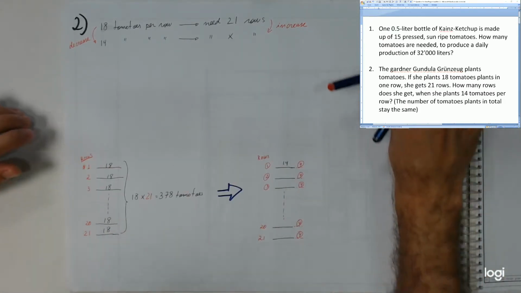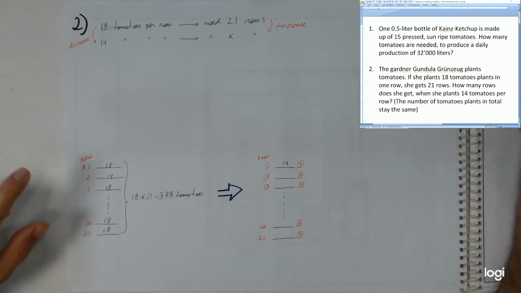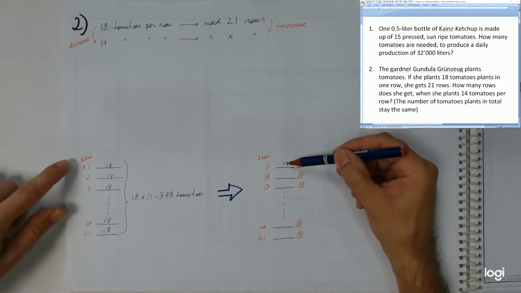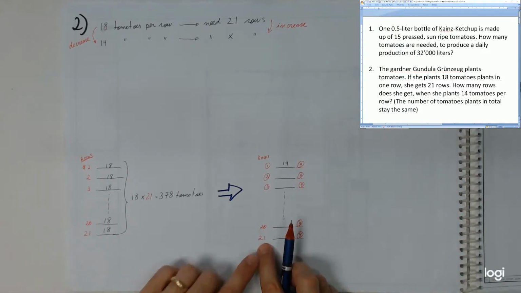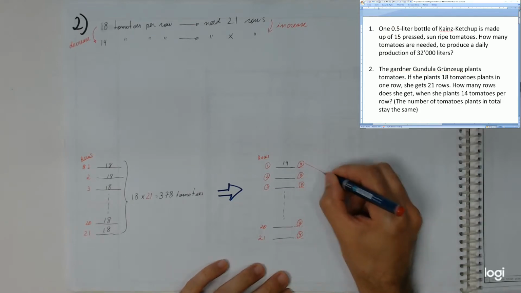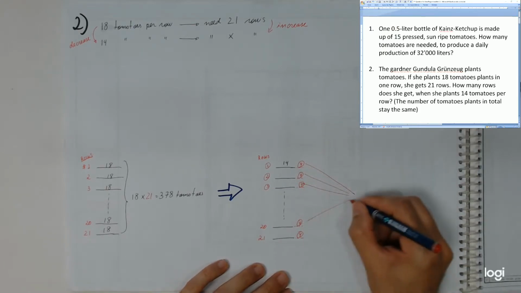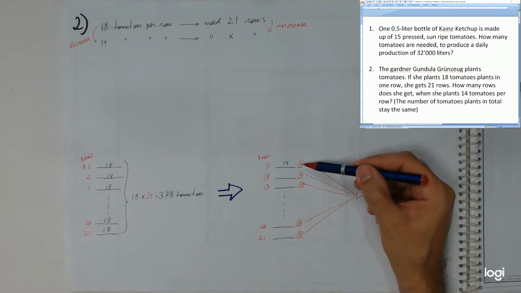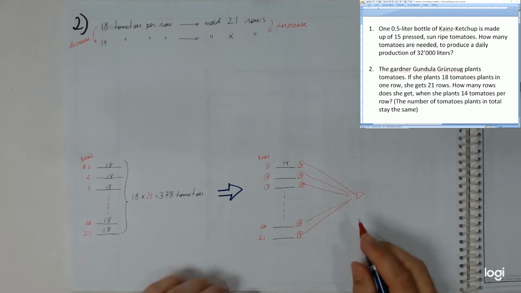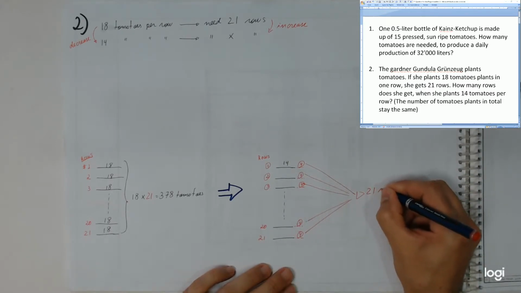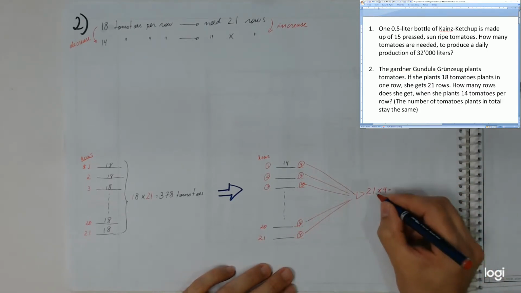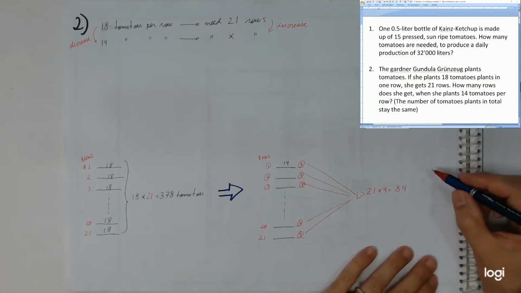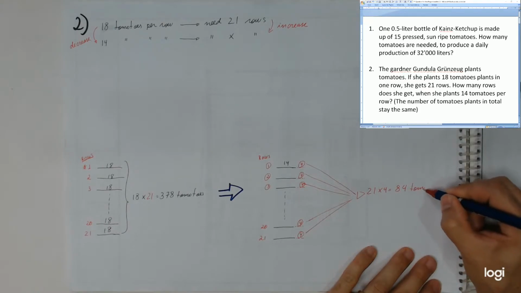Okay, now, what is going on in here? If she just makes 14 per row, when she gets to row number 21, look what is going to happen. Per row, 4 tomatoes are going to be left. If we have 21 rows, 21 times 4, what is it? It is 84, right? So 84 tomatoes